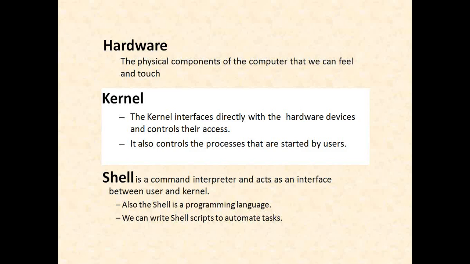And next you have the shell. We already know that computers do not understand human language, and computers can only work with machine language. So what the shell interpreter does is convert the language used by the user into machine-understandable language. So we can say it is an interface that acts between the applications and the kernel.